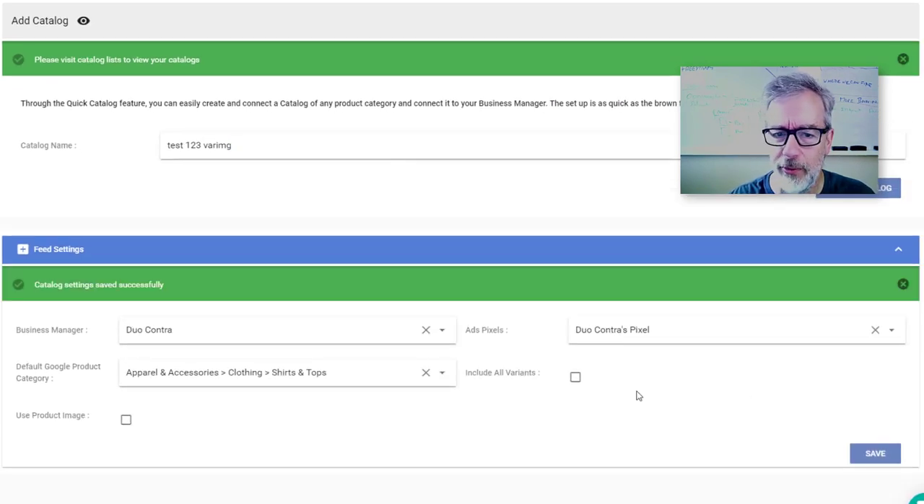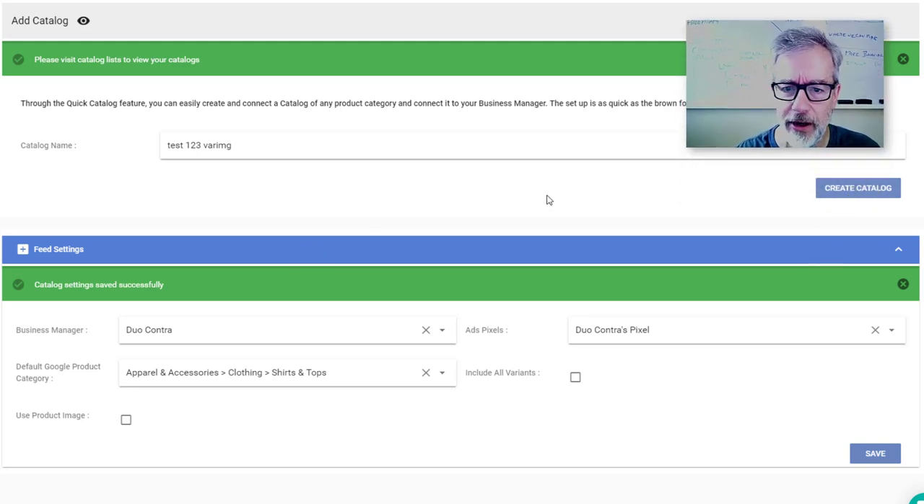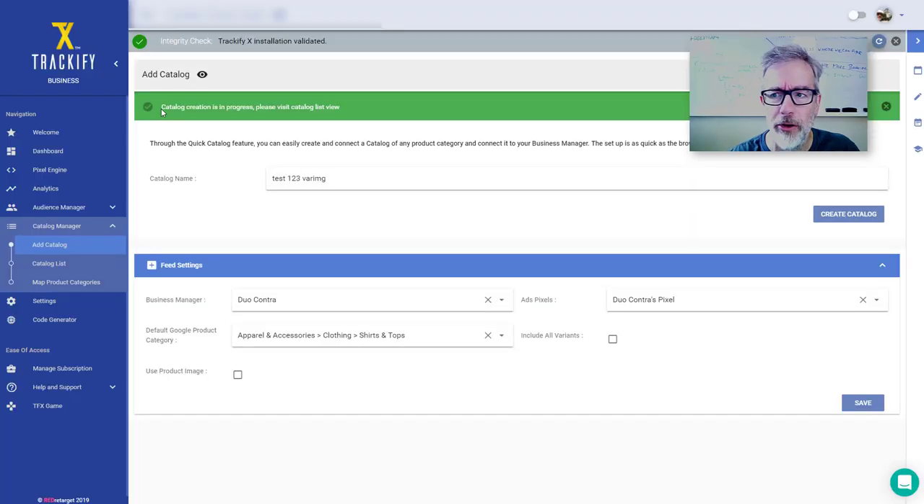Okay, so now I have to do 2 things. I have to save the settings because I changed them, and then once I've changed the settings, I'm going to hit create catalog here. So it says please wait, then it says catalog creation is in progress, please visit catalog list view. And now this can take a couple of minutes. So while we're waiting for that, and then we're going to inspect the catalog list, while we're waiting for that,